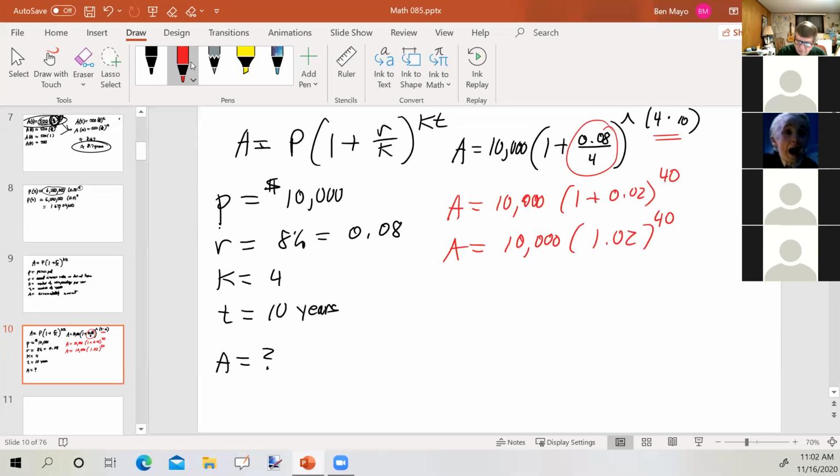Okay, but if something like this doesn't come out exact, then you've got to leave it in its original form, because you don't want to round off until the very end, if at all. Okay, so we've got 10,000 times 1.02 to the 40th power, and I get